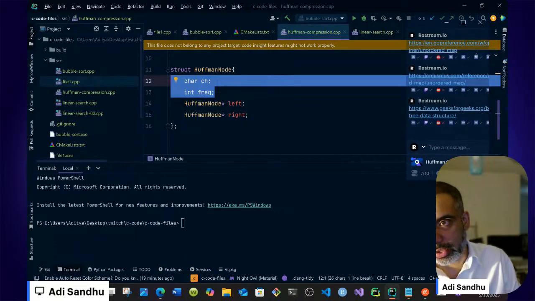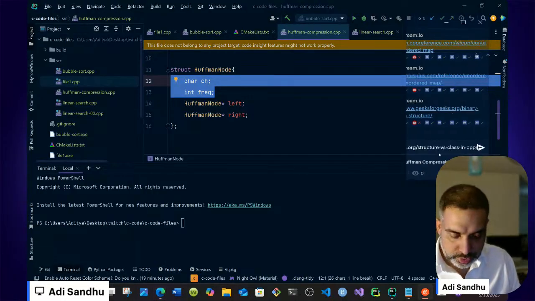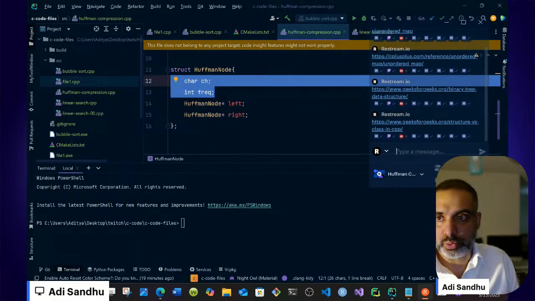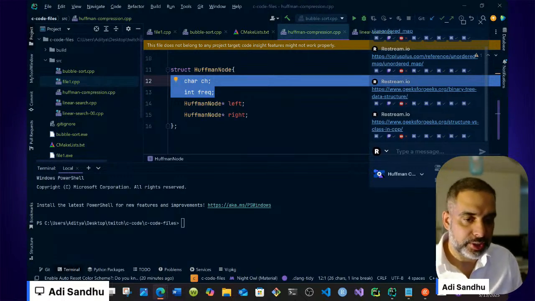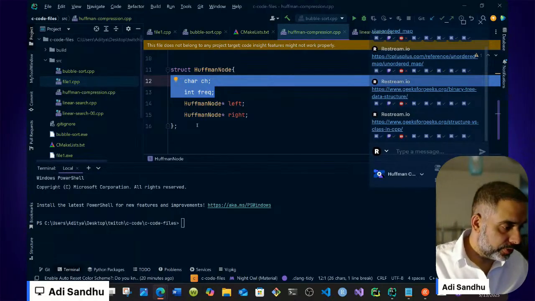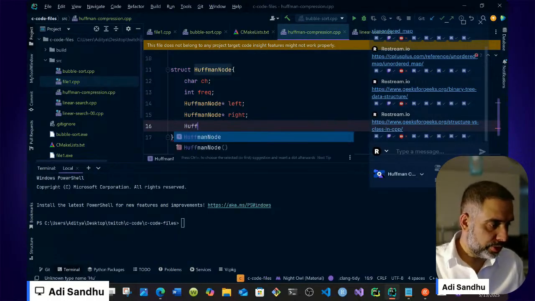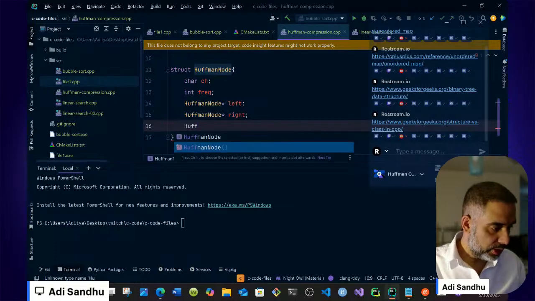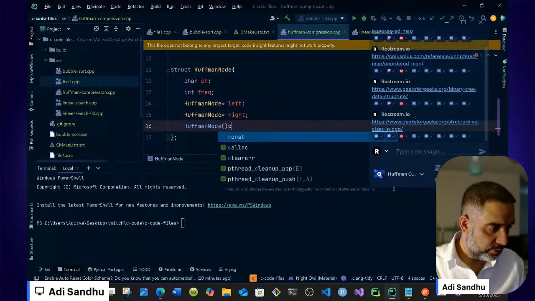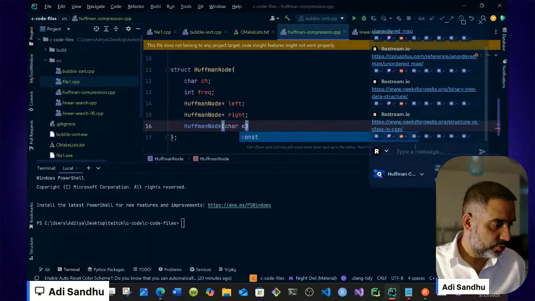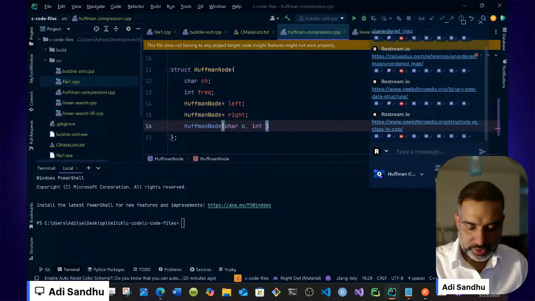We have an integer and an alphanumeric character. So let me put that there so you have that as well. Can you see it? Okay, it's on the screen, so you have that. Anyways, so when you go over here, you want to do Huffman node like that, and then you want to give the C and whatever of